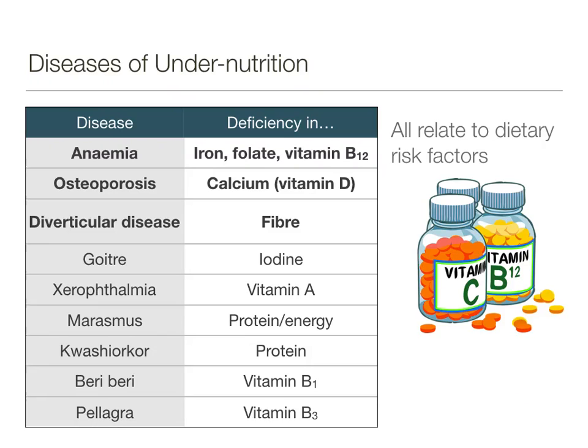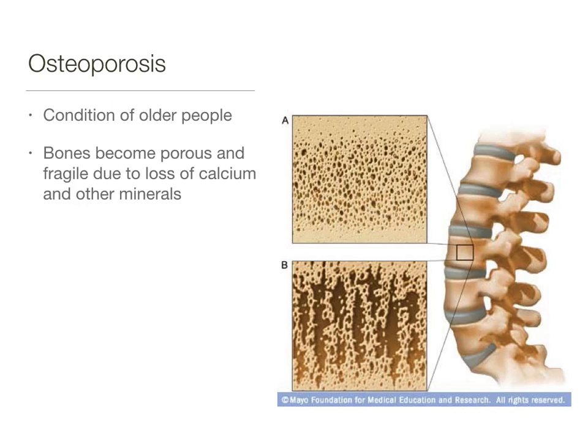In this video, we will continue to look at diseases of undernutrition, and in particular, osteoporosis and diverticular disease. Osteoporosis is generally a condition of older people, although some people in their middle age can start to develop signs of osteoporosis. In osteoporosis, bones become porous and fragile due to loss of calcium and other minerals from the bone